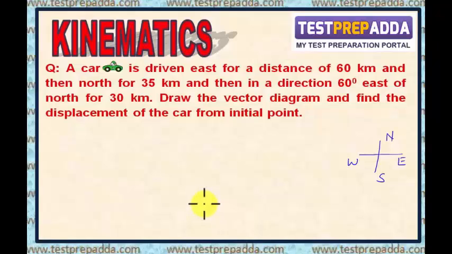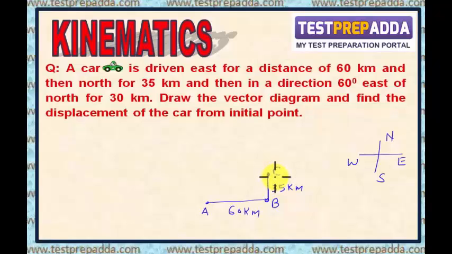So this way you will go for 60 kilometer. This point, let us say A, and then from this point we go north for 35 kilometers. So let us say this is C point, this as B. So this is 35 kilometer, and then